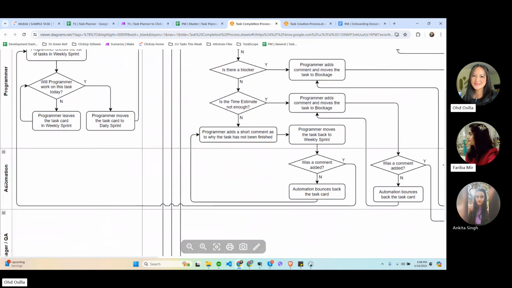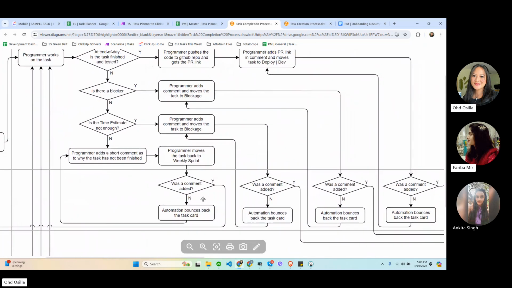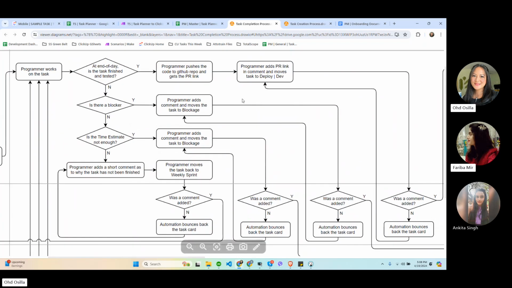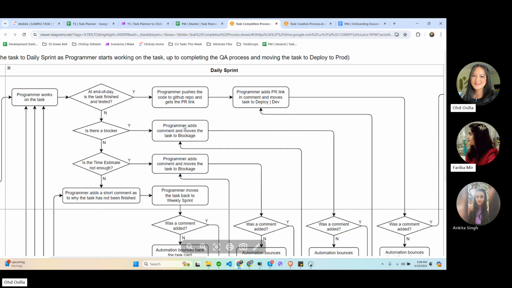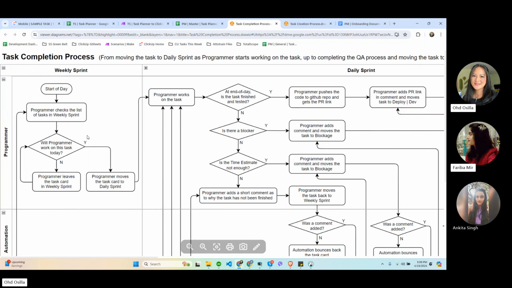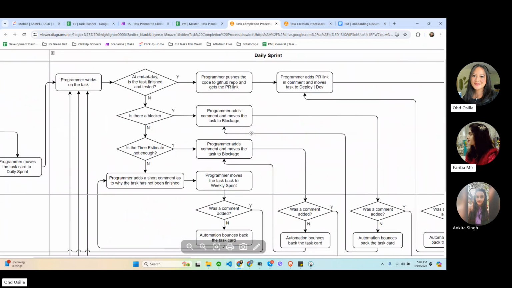You can see in the second row, it's all the automation that happens in between, because programmers cannot move tasks from one status to another without adding comments. That's one requirement. When they move from weekly to daily, they don't have to add any comment.